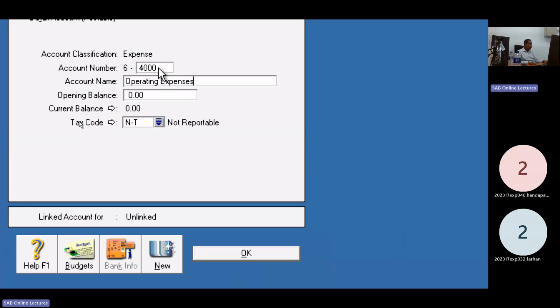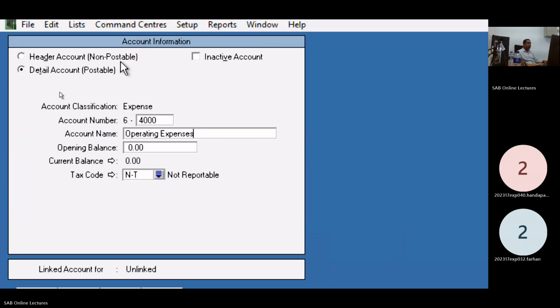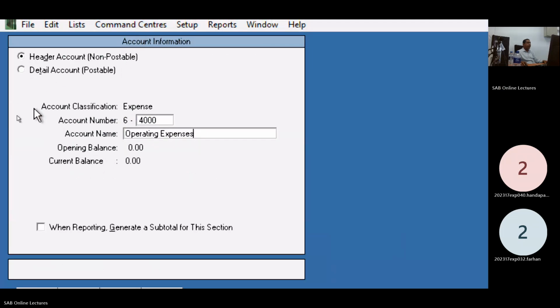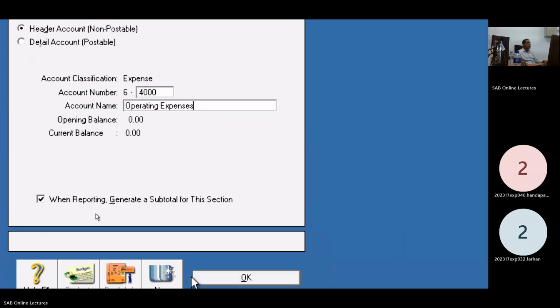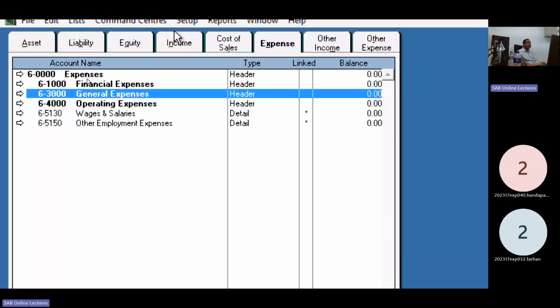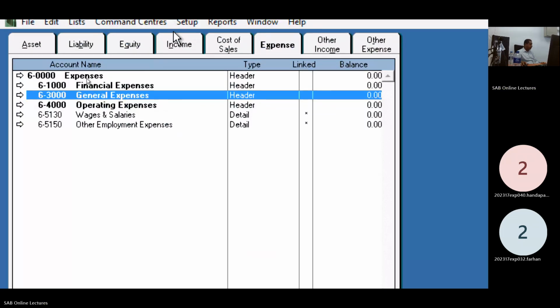Third header account. Getting on subtotal. Okay. Create the three header accounts.